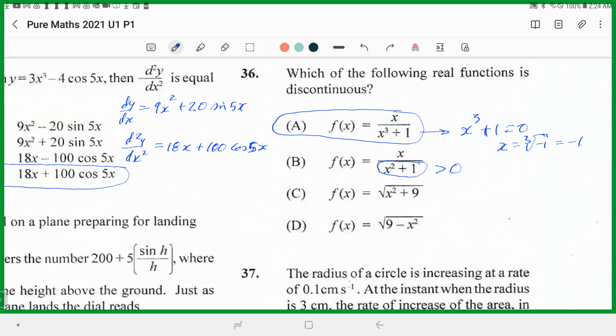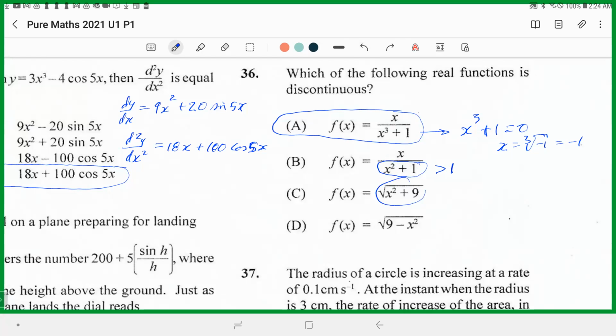So that denominator value will always be greater than 1, because the squared term can only be greater than or equal to 0. So therefore, that expression is never